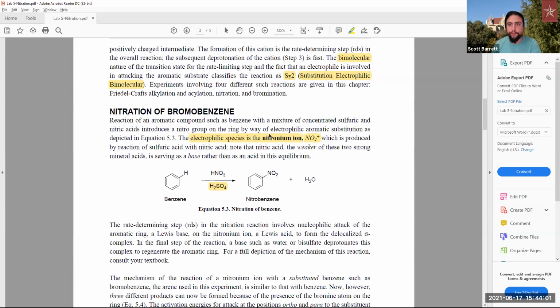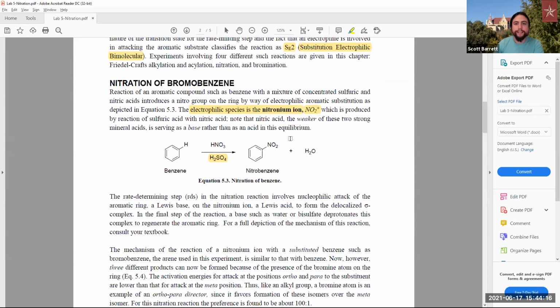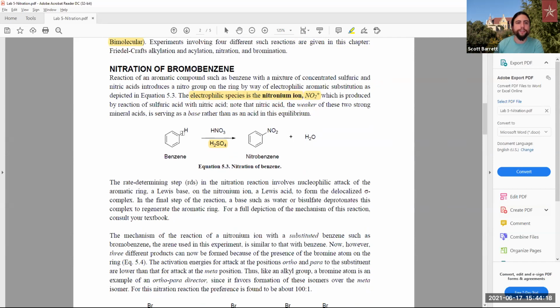And we'll go forward to look at the mechanism on Google afterwards if it's not provided down below, so that you can see a good detailed mechanism. I would assume that the lab manual would request you to provide a mechanism, so we can cover that as well. And so nitric acid is the weaker of the two strong acids,